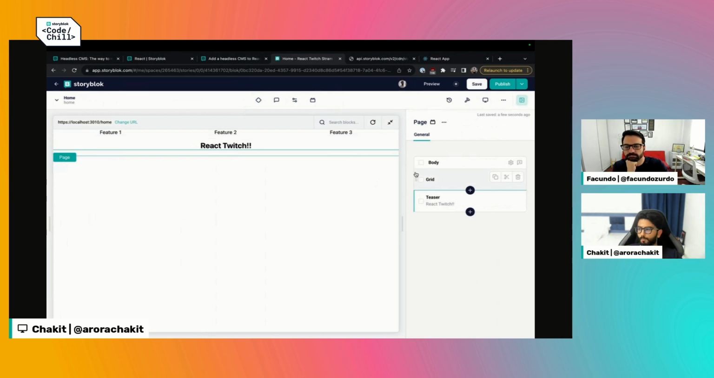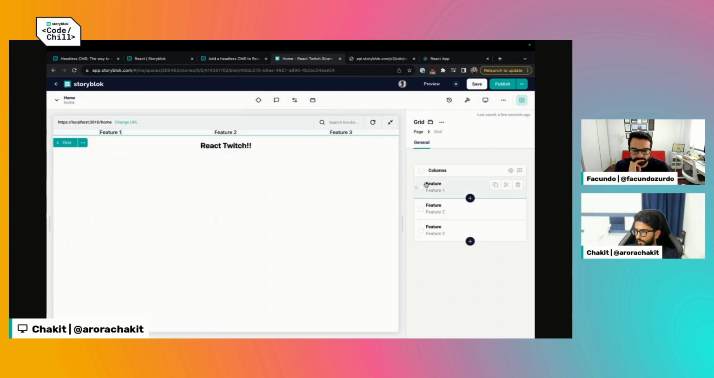Even if I'm switching the components order, or if I switch the features order and stuff like that, these things are going to change in real time, and we can see the changes happening again in real time. So just to summarize how this flow is working,